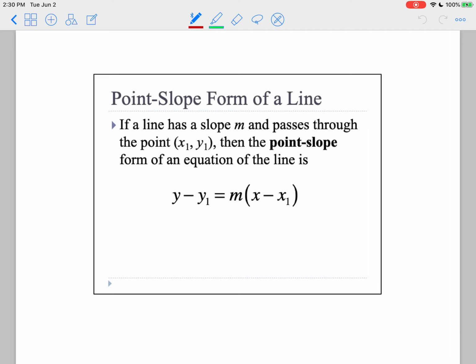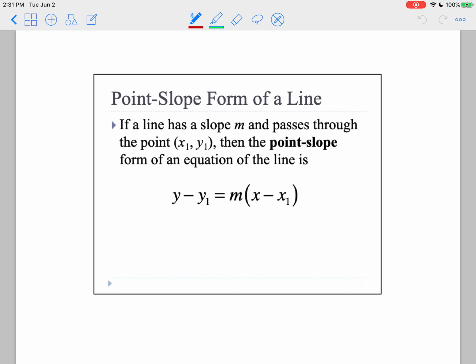Point slope form of a line. I can't say enough good things about point slope form, okay? If you go on to take calculus, this is going to be the main way that you deal with lines using point slope. Now, the reason this is convenient is because when you take calculus, the slope is something you're going to calculate using calculus, and the point is something you're going to calculate using algebra. And so because you will almost always have a point and a slope,